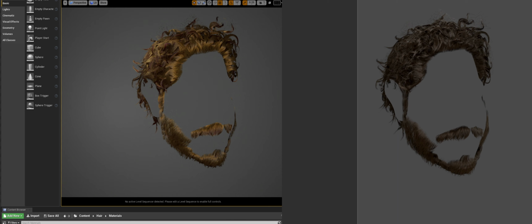And if you look at, I'm changing the parameters in here, and I am going to do some blue colored hair in here. See, that's how we can change the colors in Unreal Engine.